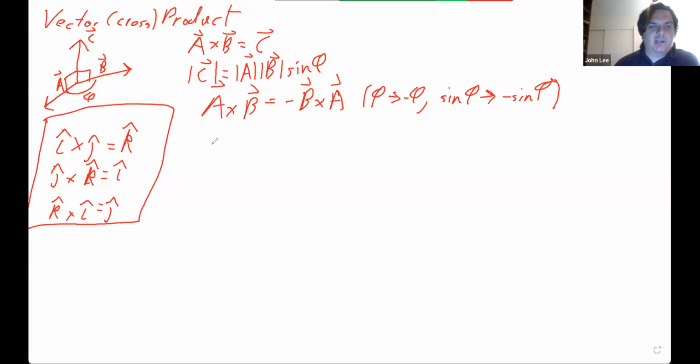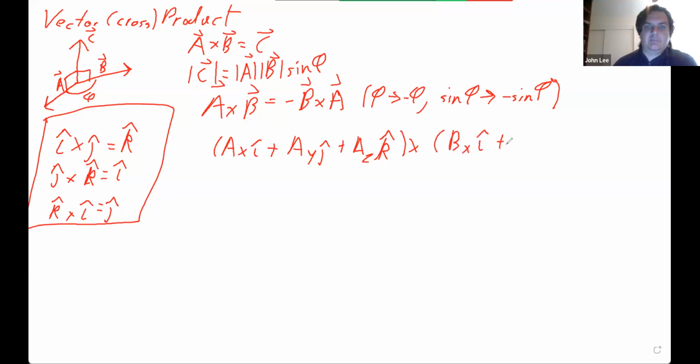You can come up with a numerical formula for A cross B. Sorry: (AXI plus AYJ plus AZK) cross (BXI plus BYJ plus BZK), which is equal to